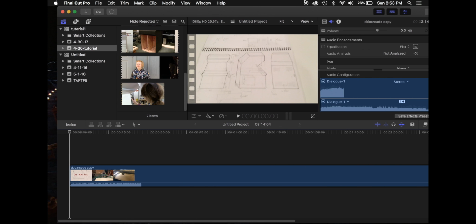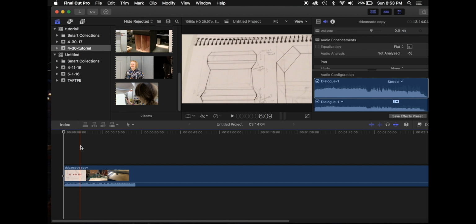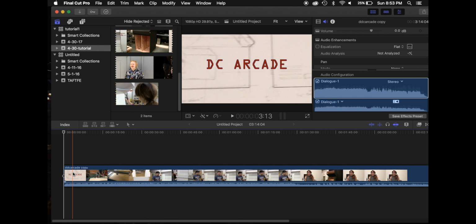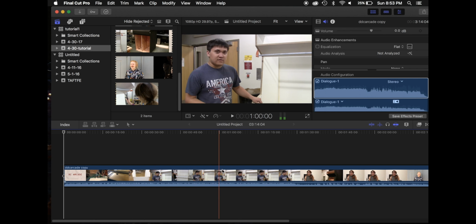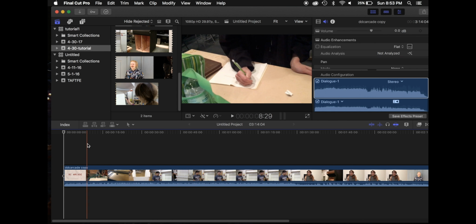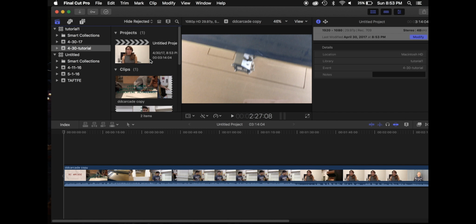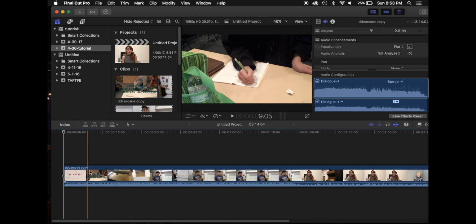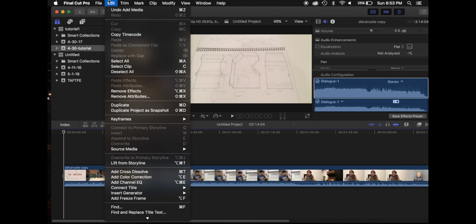Alright, and so this is a project I was working on in a separate class. We're making like an arcade cabinet to store video games in. You can see here it'll allow you to scroll through what you have so far in your clips. And let's say that we needed to add something else, or something was up with this project where I just needed to add a couple more things into it. So what you would do is you can edit using